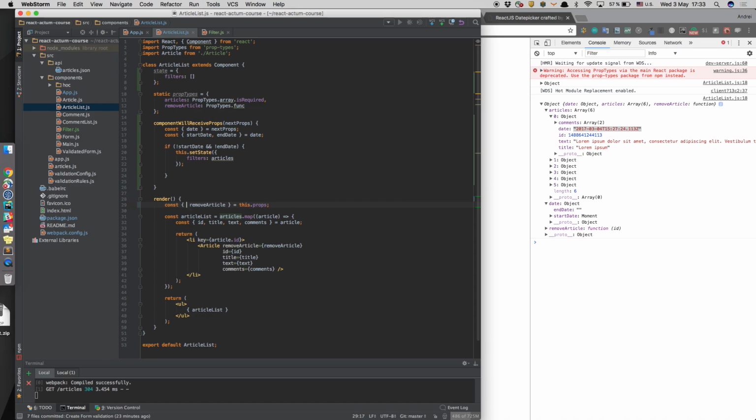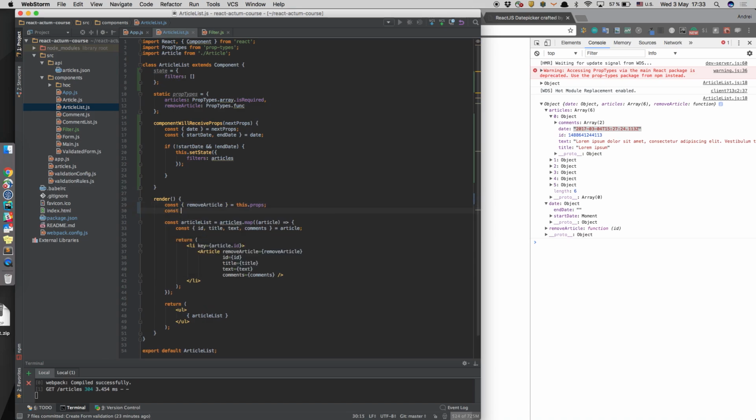So we don't need it here. Const filters state articles from here. Is it clear? If we don't have start date and end date, we show all articles. But if we have them,